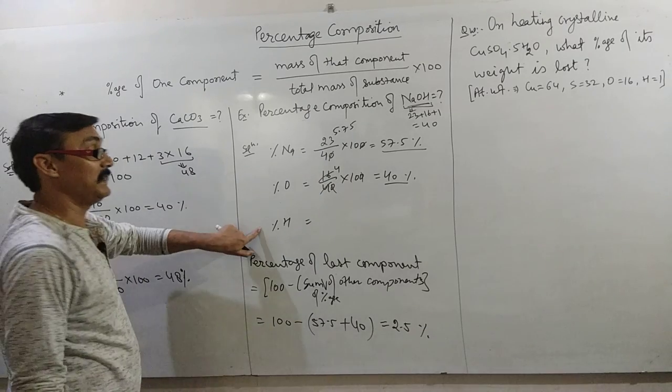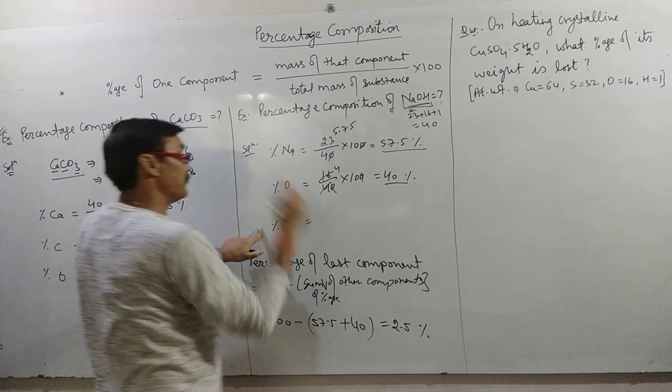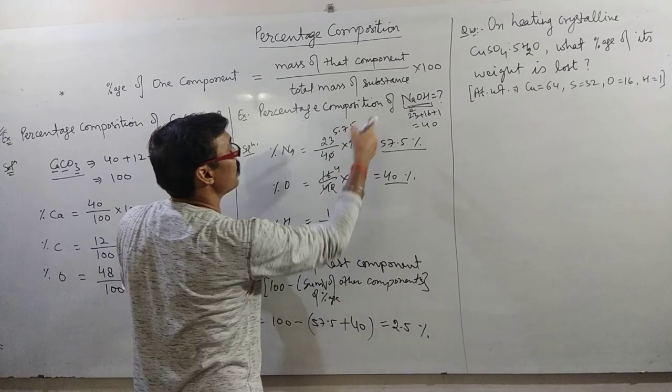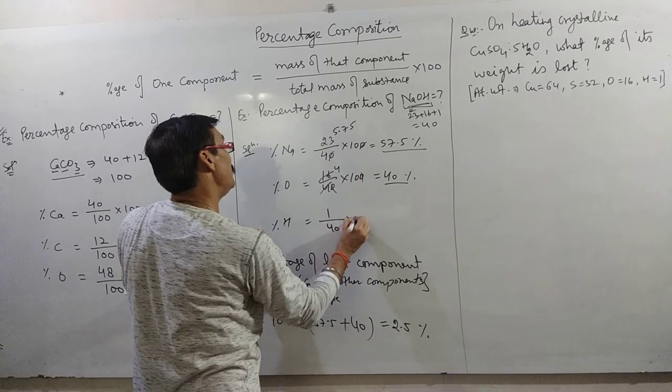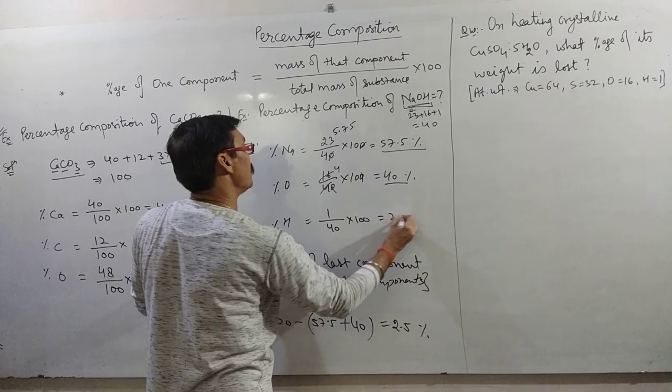Or you can find it from the starting formula, mass of hydrogen divided by total mass into 100, that is 2.5%